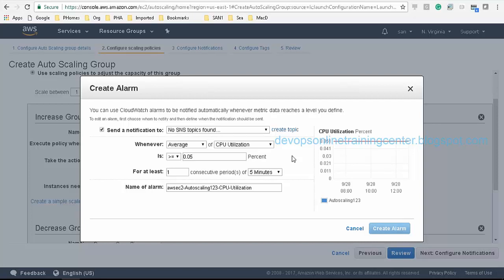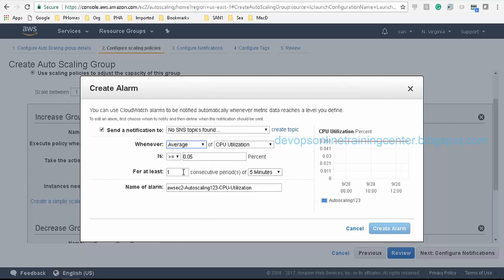Average of both. Let's say one is running on 5%, the other one is running on 15%. The total is 20%, right? So its average is 10% on both. Right, right. Yes, it's average. If the average is 10%, it's going to spin up the new VM, new instance, right? Yes. Okay, so it's a cumulative number, average number for both instances.